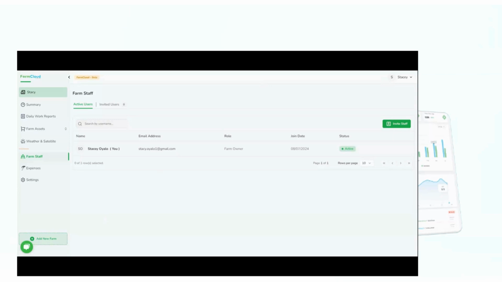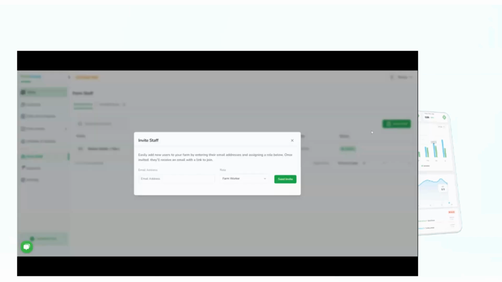So, as I was saying, the first step of inviting farm staff is you'll access the link from the sidebar, access farm staff, then click on the button invite staff. In this case, you will enter the email address of your specific employee or staff, then give them a role in your farm. If it's the farm manager, this is the person that oversees everything that happens in the farm, please do so. If it's a farm worker,